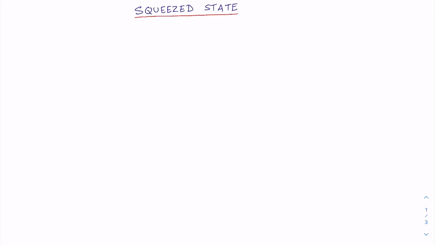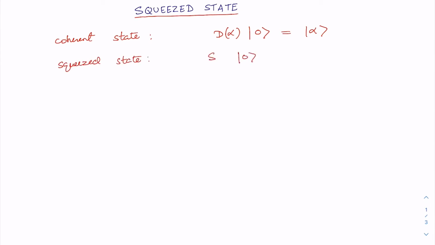It is an important class of quantum states of harmonic oscillator or quantized electromagnetic radiation. As we learned in the last class about coherent state, we have taken a ground state, and if we displace it, then we get the coherent state. Similarly, we can understand squeezed state by taking the ground state of a harmonic oscillator and then squeezing the ground state, and then we are going to get the so-called squeezed state. So squeezed state is going to be represented by this ket xi.